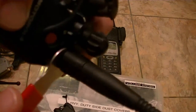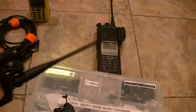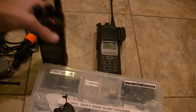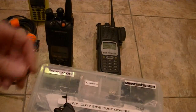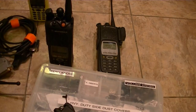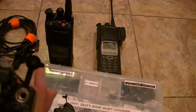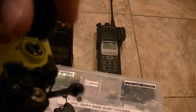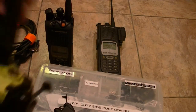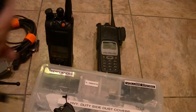Most people just won't. By the way, if you do use an RF adapter, invest in one of these. You cannot take one of these off without damaging the adapter and the housing. Sometimes people can even damage the fins on here, as well as the radio. So don't do that, because these things lock on. I've done a video on this. I really don't want to get into this, but you see this groove here. It locks into that. Don't go trying to pull this off with a pair of pliers or anything else. I've seen that done, and it'll ruin a radio and the antenna shaft, and you'll really be hurting. But anyway,